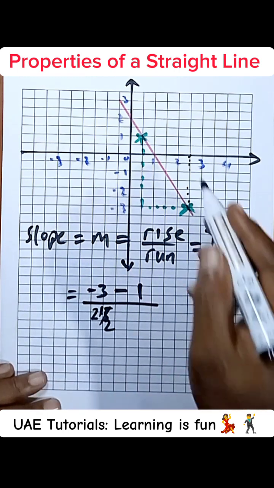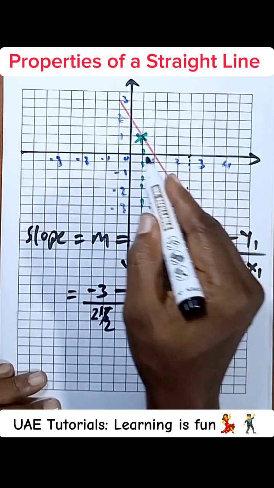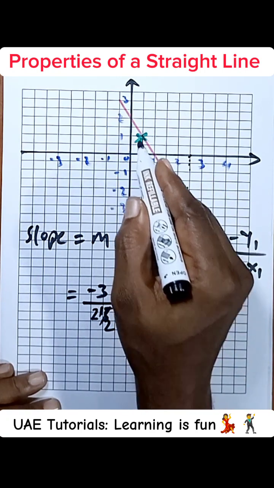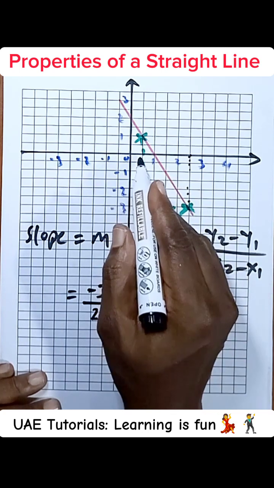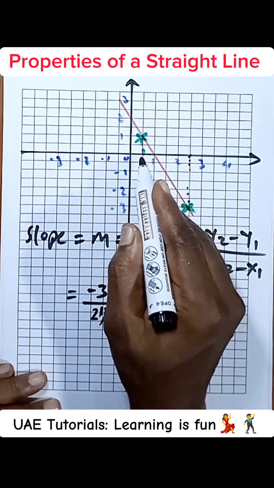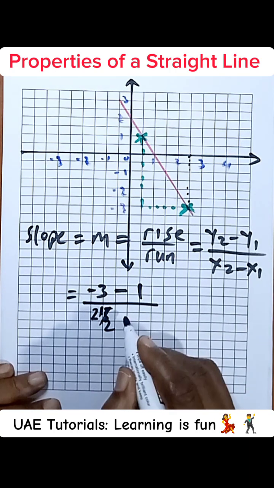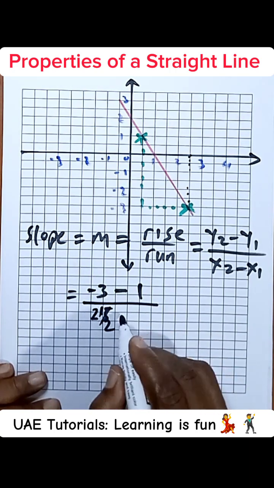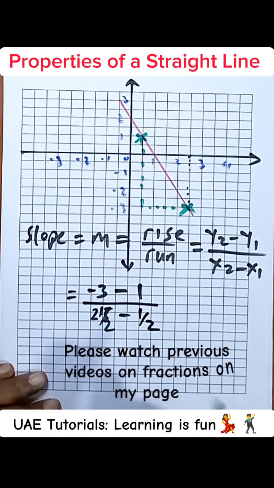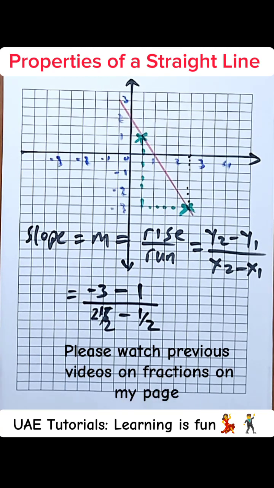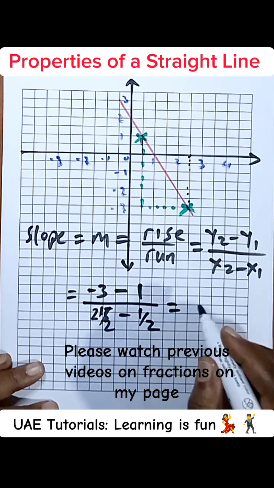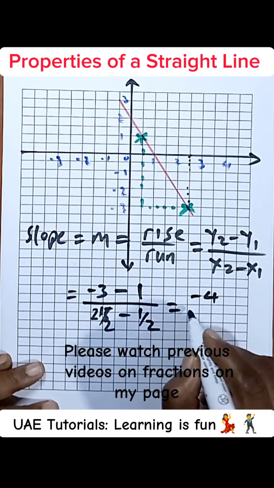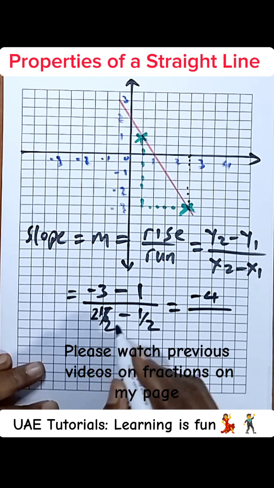It's 2.5, while our x1 is 0.5. This is 0. If this is 1, then this is 0.5. So 0.5 is half, minus half. Oh, we're gonna have some fractions here. That makes it interesting. Minus 3 minus 1 is minus 4 all over